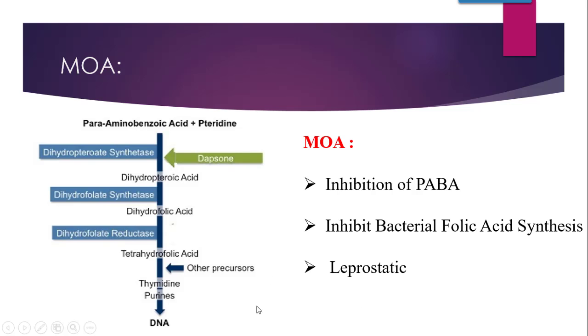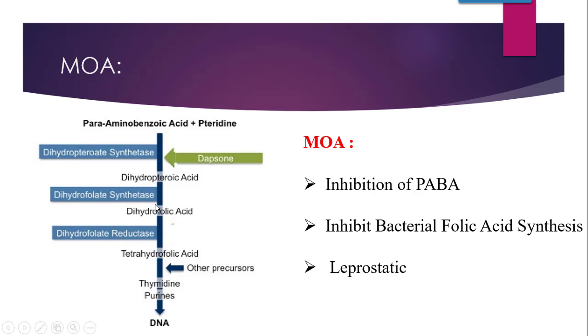Then leprostatic are nothing but the agents responsible for inhibition of proliferation of microorganisms. So this is interference with the proliferation. So these are the three actions: interfering with the proliferation, inhibition of folic acid synthesis, and inhibition of PABA at